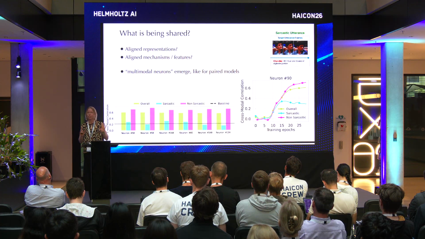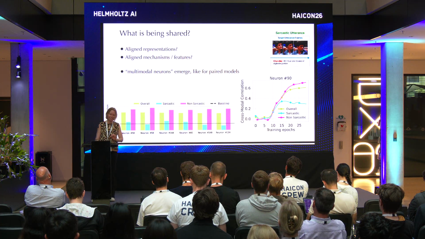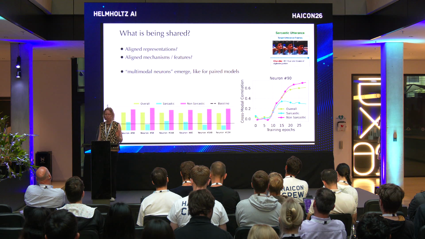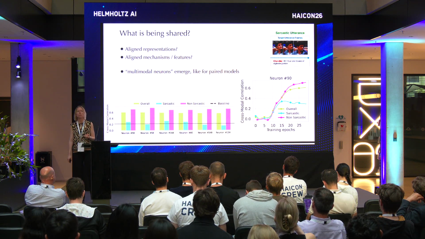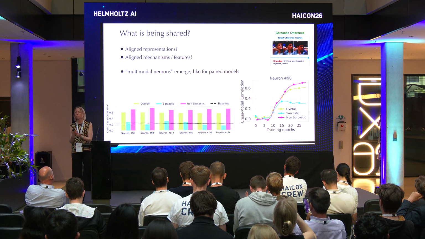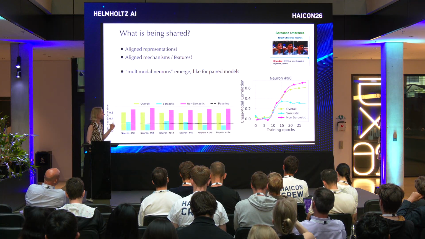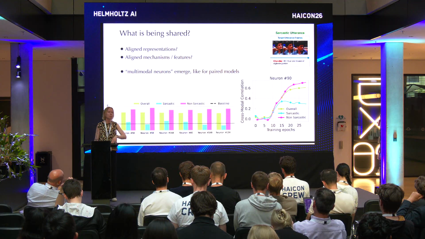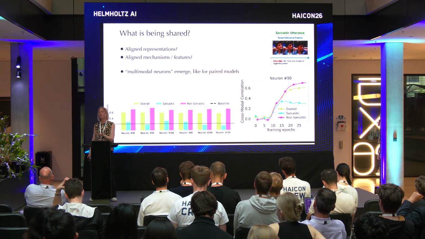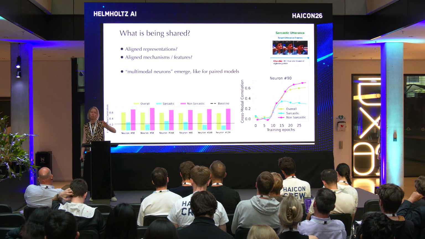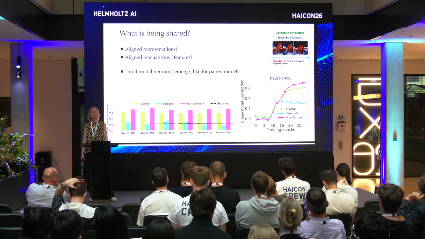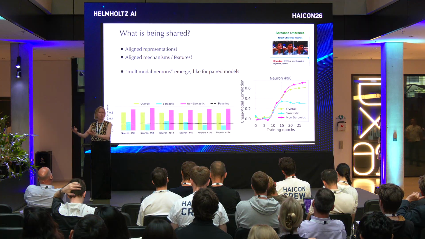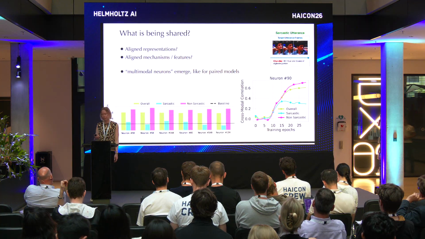So I don't have a good interpretable visualization of it, but one thing that we observed is that you get what we call multimodal neurons. This is what you also get when you do alignments like CLIP: neurons whose behavior is correlated across the different modalities. So they learn to detect the same signal across text and images. They become more and more correlated across the modalities during training.